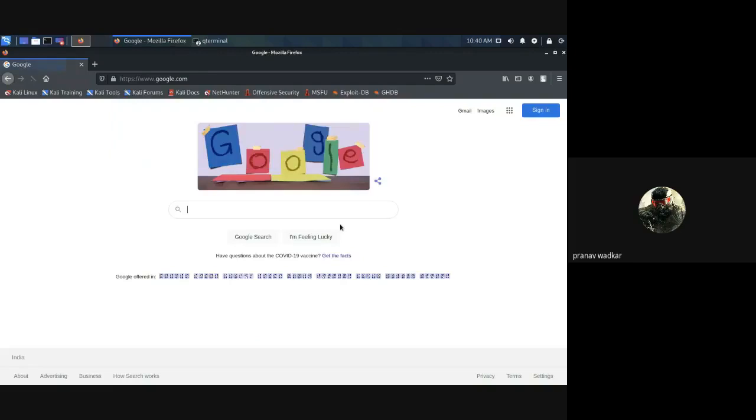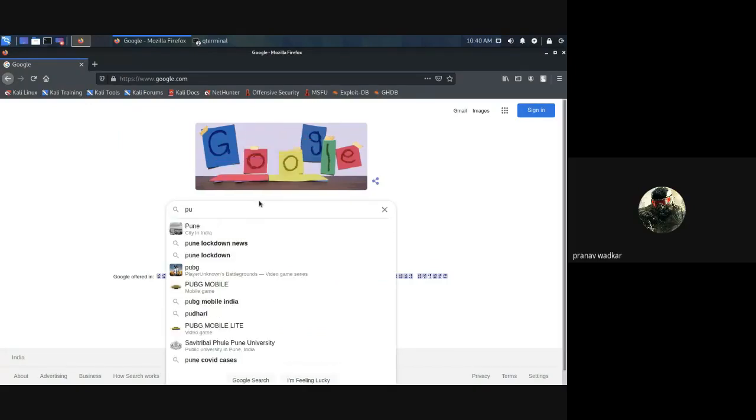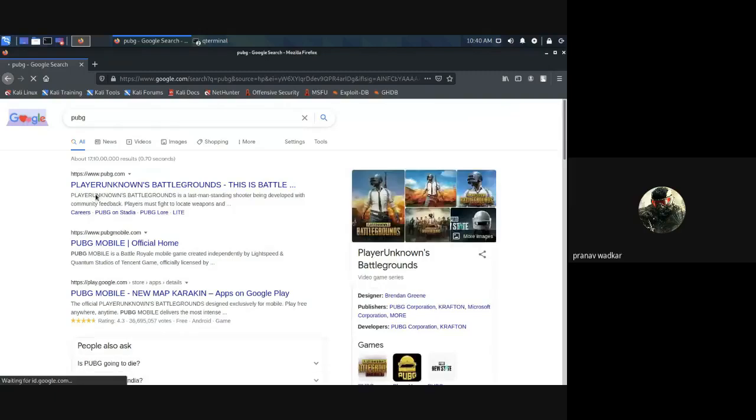Whenever I sign in, it will be redirected to the original Google page. Let me search anything. So it is the original website page of Google itself, right? So basically the attack is done, the credentials are gone to the hacker.